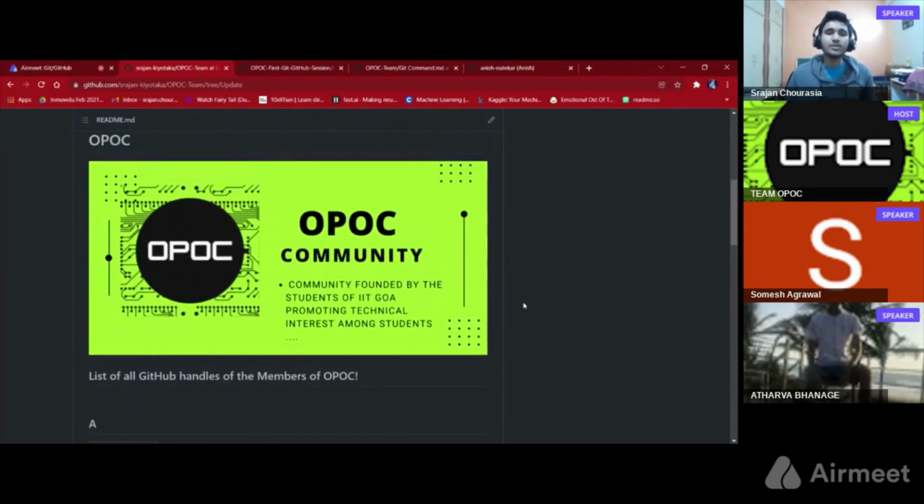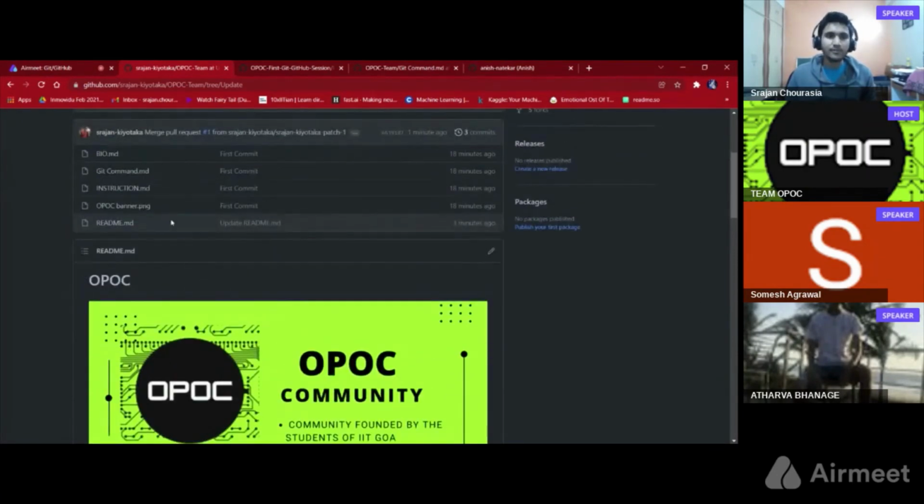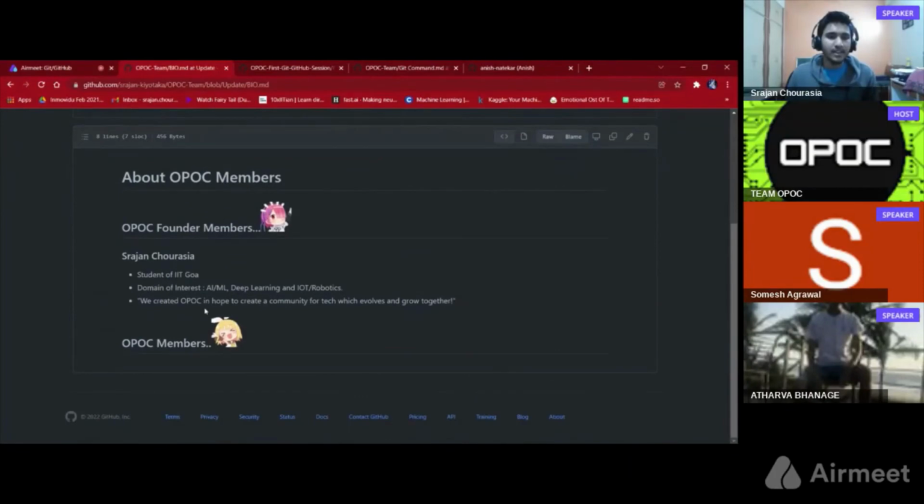See, but I don't want to commit it right now. I want to change some more files. Like I want to change this also. Let me change this instruction git command bio. Now I want to add Anish here also. So I will click on this, edit this file,